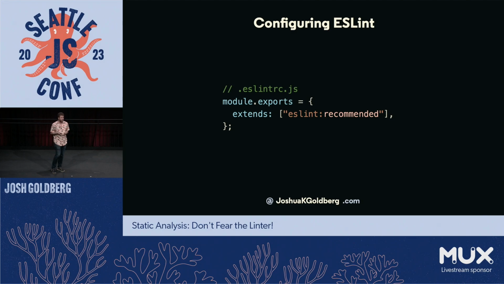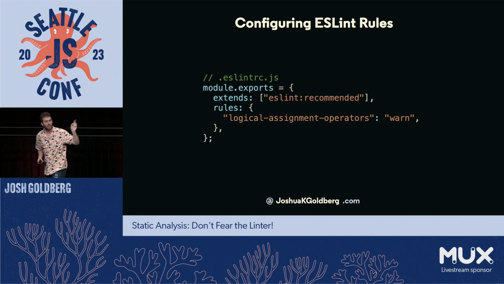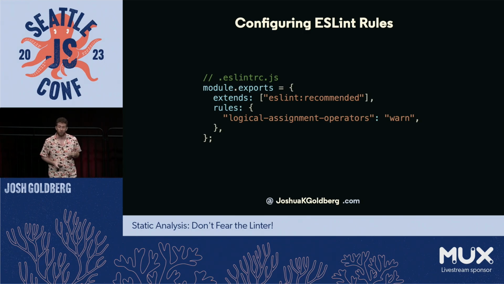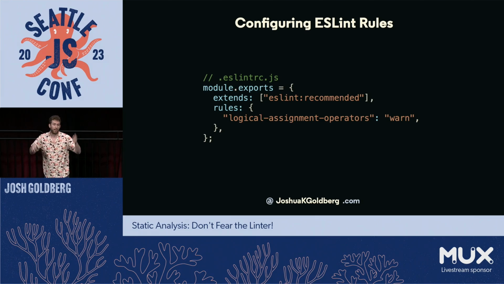You might change some of these. For example, you could change a rule from its default error severity to a warning, but for the most part, these rules are good. And let's talk about warnings, actually. There are 3 optional severities you can configure a rule to: off or 0, warning or 1, error or 2. A warning will show up by default as a yellow squiggly. An error will show up as a red squiggly. ESLint will exit with a non-zero status code indicating fail to build if you have any errors, ignoring any warnings.